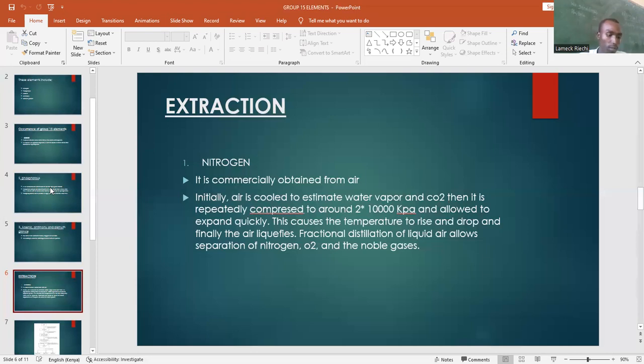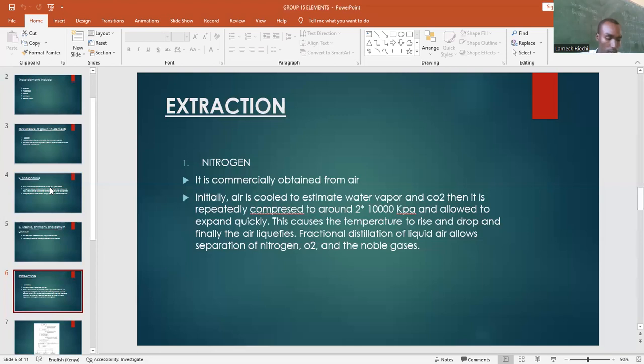Then the air is passed to the compressors. Here we have the temperature of negative 200 and pressure of 200 atmospheres. Here the air is compressed and expanded at a temperature of negative 20 degrees centigrade to cool into liquid form. After that, we pass it to the next chamber, which is the fractional distillation chamber, whereby this air is then